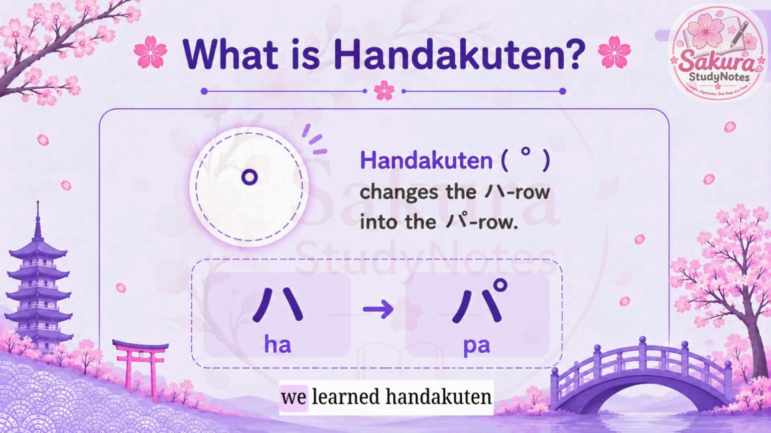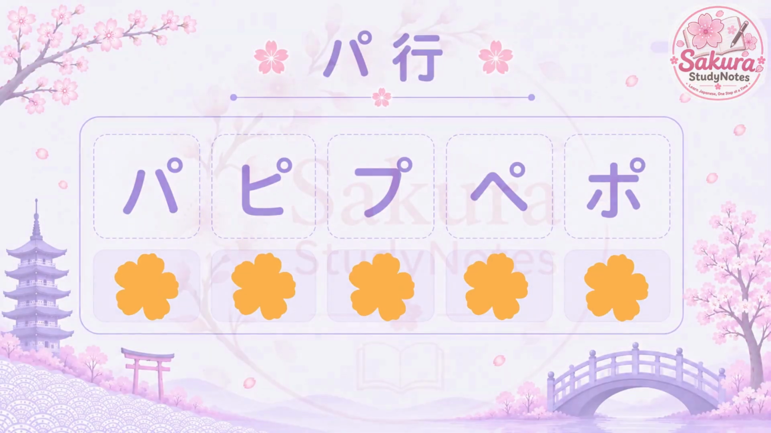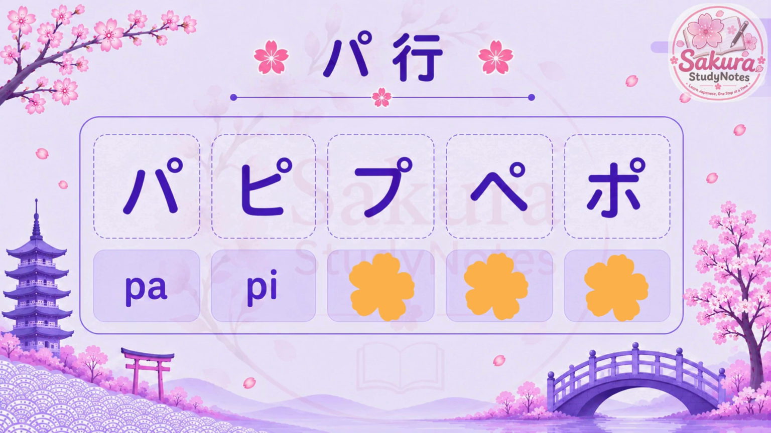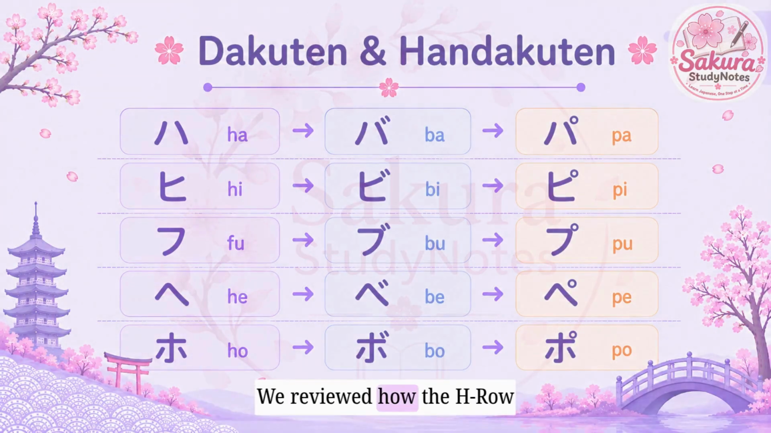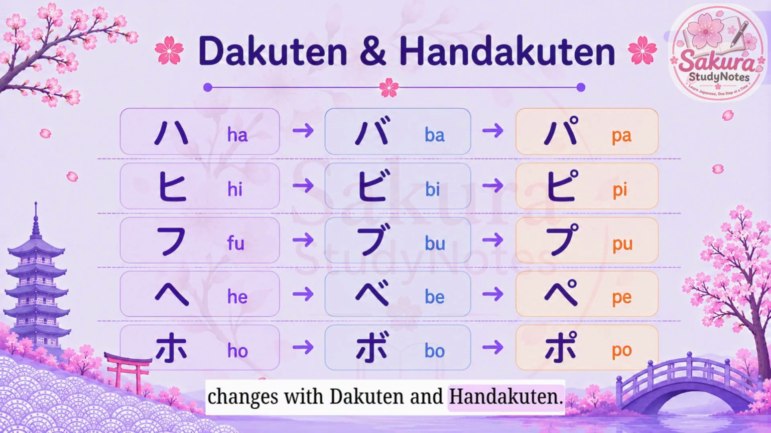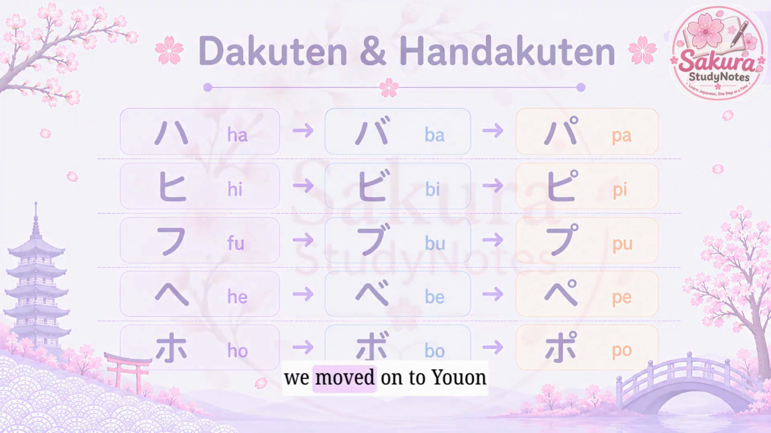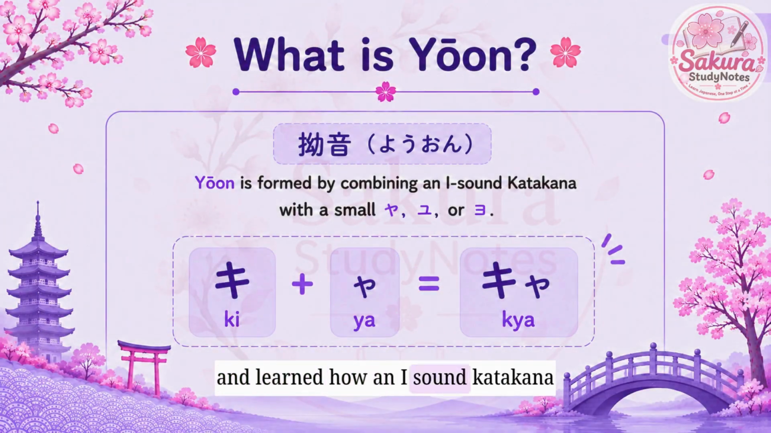After Dakuten, we learned Handakuten and how it changes the H row into the P row. Pa, Pi, Pu, Pe, Po. We reviewed how the H row changes with Dakuten and Handakuten. Next, we moved on to Yōon and learned how an I sound katakana combines with a small ya, yu, or